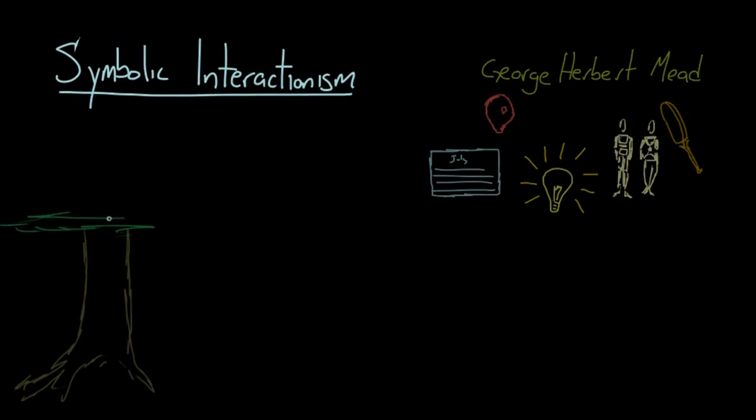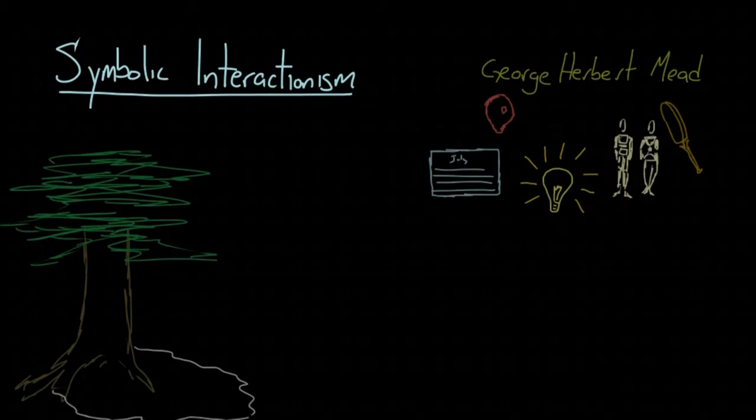For example, if I had sat under the shade of trees all my life, and I was on a long walk today and spotted a big tree, I might want to sit under it. The tree means shade on a hot day to me. Herbert Blumer continued Mead's work and actually coined the term symbolic interactionism to describe this theory of society. He proposed 3 tenets to explain symbolic interactionism.